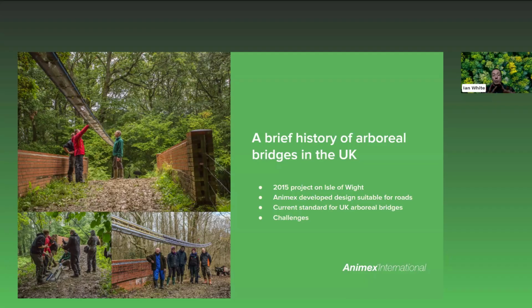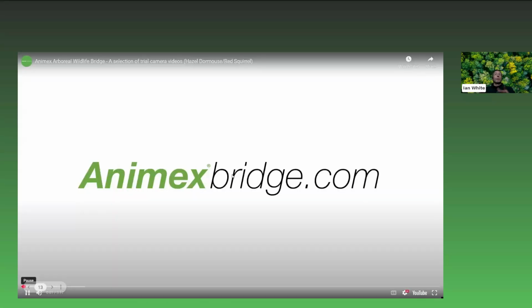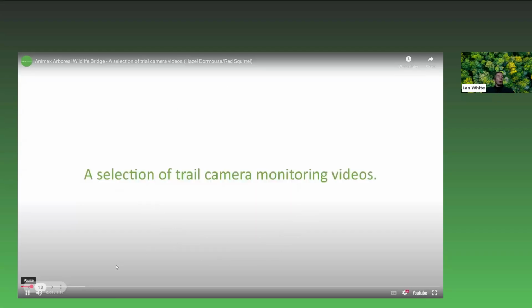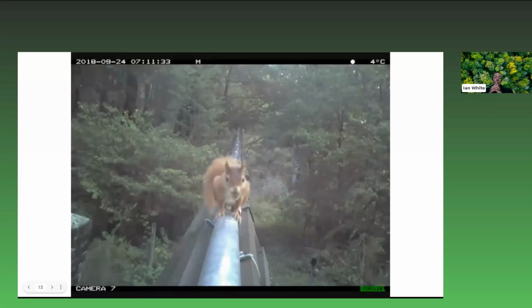And interestingly, once we'd finished this work on the Isle of Wight, we left the bridge up for another year. And there's the UK's biggest population of red squirrels on the Isle of Wight. And we have plenty of images of red squirrels basically using the bridge like a motorway. They weren't crossing on the ground at all. They were simply using it, as I said, across the bridge. So some of the footage that we picked up on the bridge, as I say, red squirrels certainly crossing on